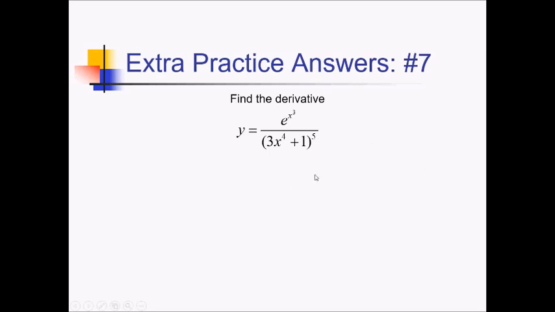On this problem, I'm trying to take the derivative of this quotient. So I'm going to have to use the quotient rule on this one. U prime v minus uv prime all over v squared. And to do that, let me use the box and ribbon to help organize things, because there's a lot going